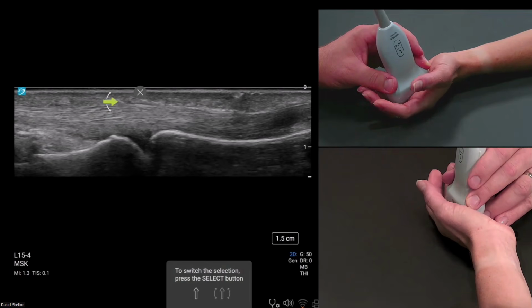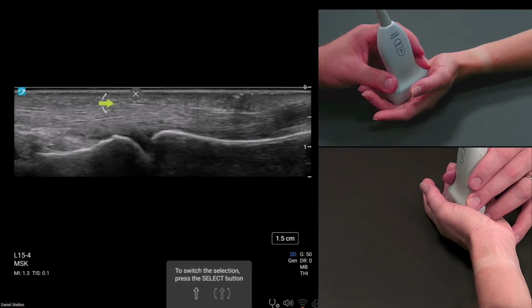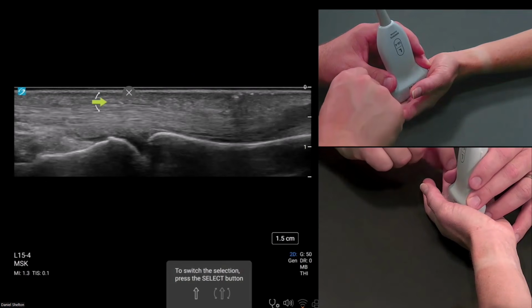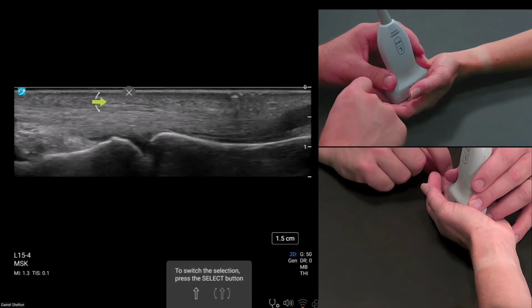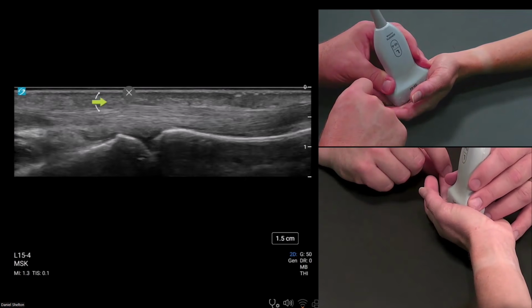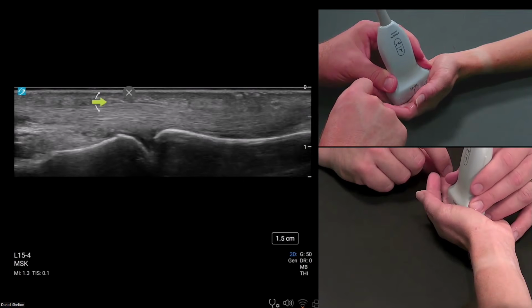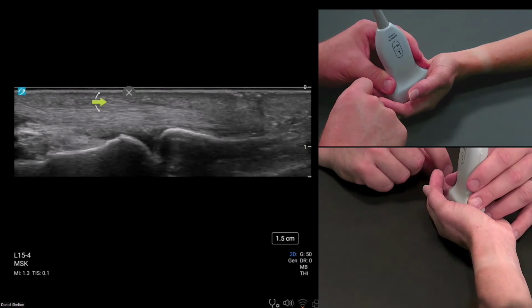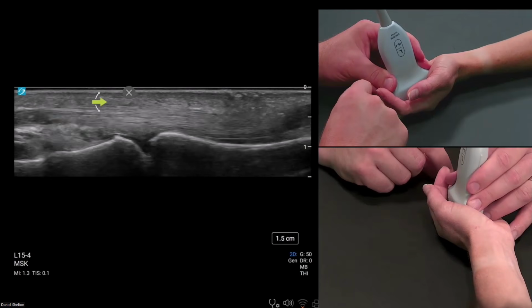So A1, and if that shadow is not so distinct to you, what you can do is just move the finger to see the undersurface and rock the subcutaneous fat with the probe to see the superficial surface of the pulley. Right there. So we can see the fat rolling over the pulley.